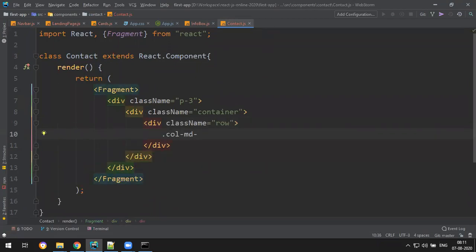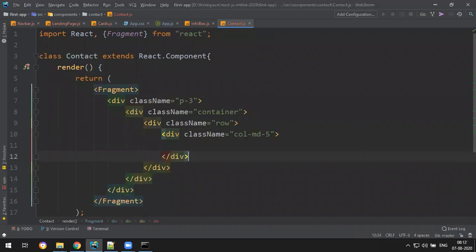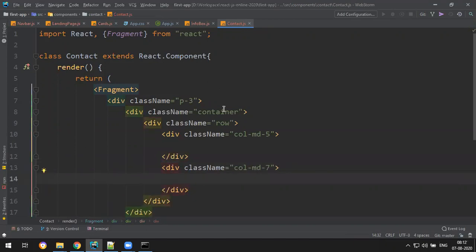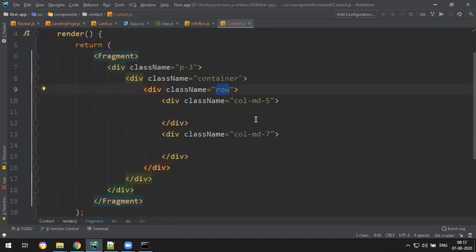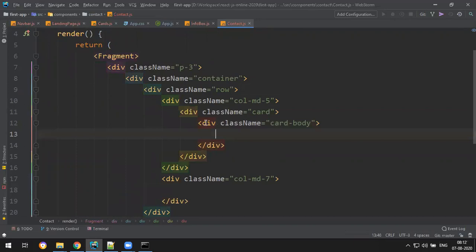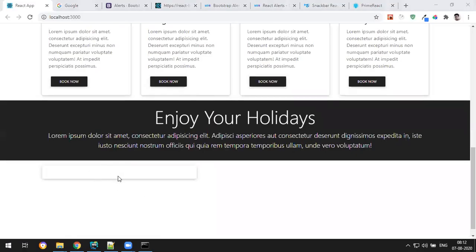One is called md5 and one is called md7. Okay, 5 plus 7 is 12. So total in one row is 12 columns. Yeah, here I want to have one card body. Okay, let's check. You will have one card body. Yeah, in this place I want to display a nice Google map.